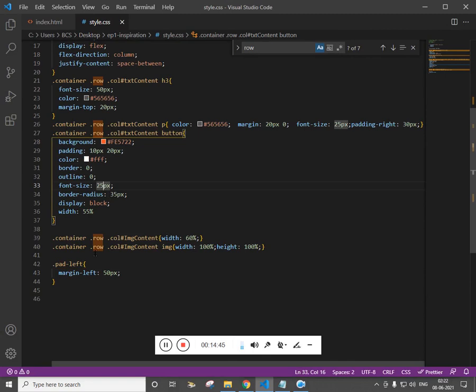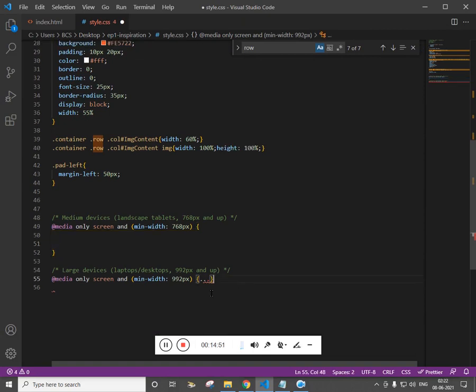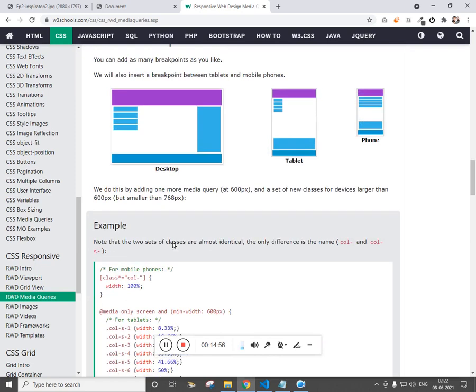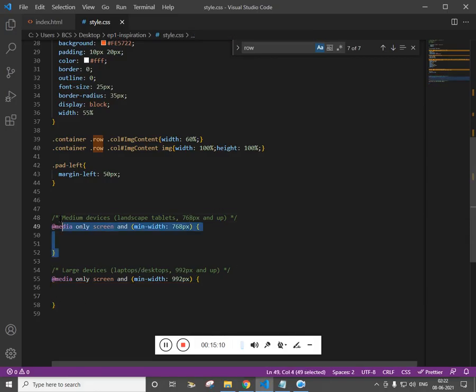So you might be confused, we have just designed the desktop, then why are we specifically targeting the desktop breakpoint. The point is we are going to work on the topic called mobile first. So this is introduced by Bootstrap. Always we should design for the mobile first, and then we should design for the tablet and then the desktop.